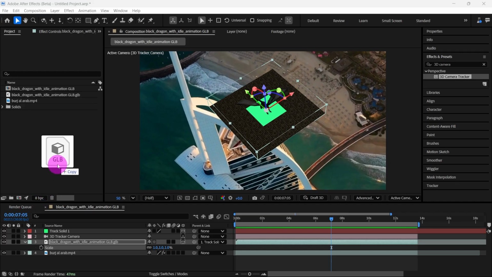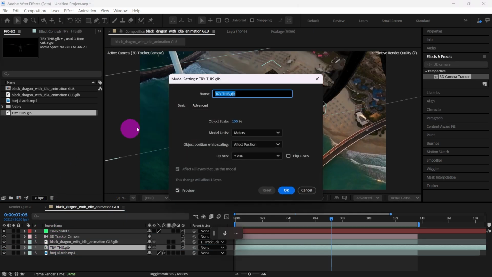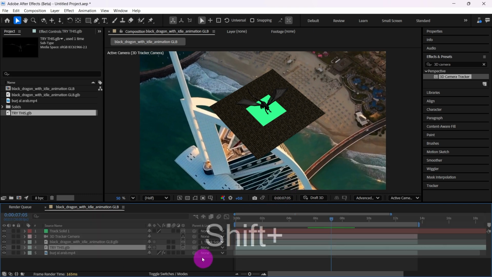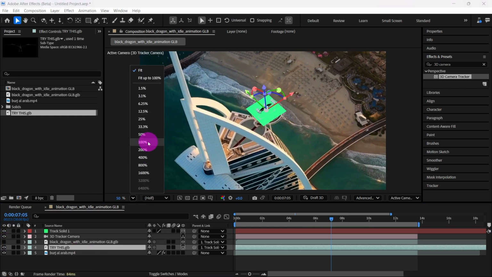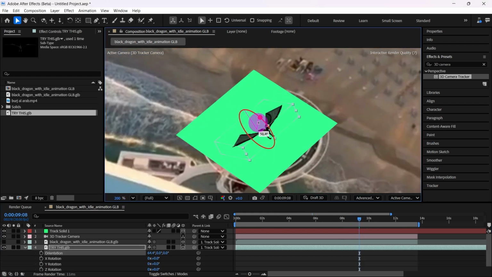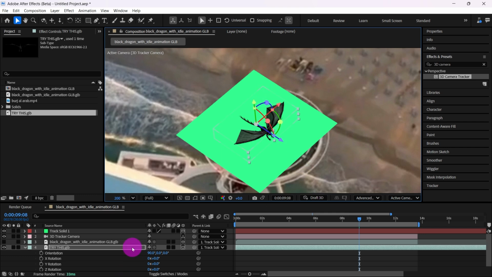I'm going to drag my edited GLB into the project window and then drag it into the composition. I'm going to choose Advanced, rescale it, and then click OK. Then I'm going to press and hold Shift, then drag the pick whip to the solid layer. Since we have two versions of the same model, I'm going to hide the original. I'm going to make adjustments to the orientation of my 3D model, like so, and also make adjustments to the